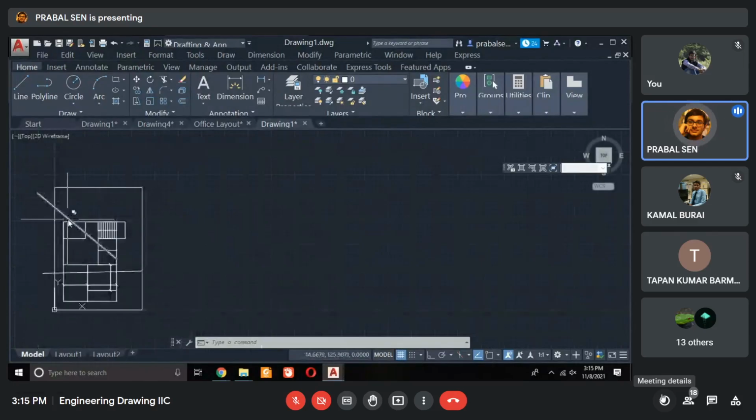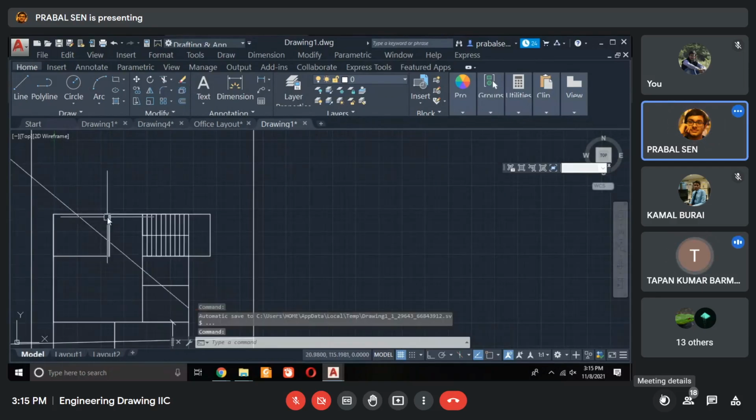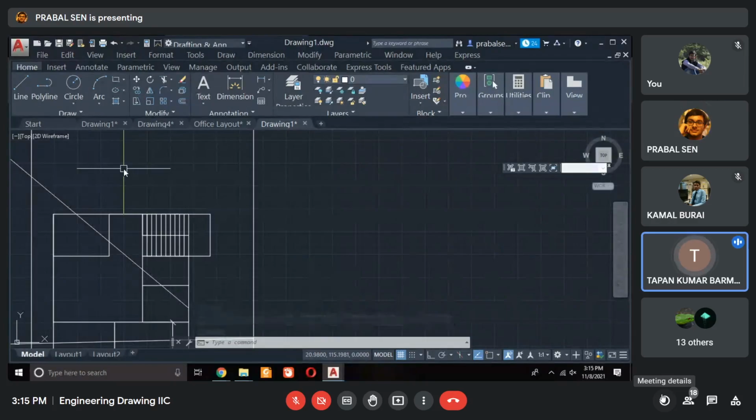So if I want to offset the whole boundary, that's a time consuming process. One thing is, if there is no problem to convert the lines to polyline, then you may convert the lines to polyline. How can I do that? You can break at one point, you can also join. Probably in one class I have shown how to join the exploded lines. You may join two lines to make one line.